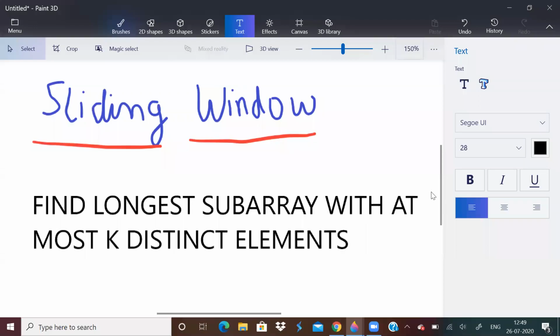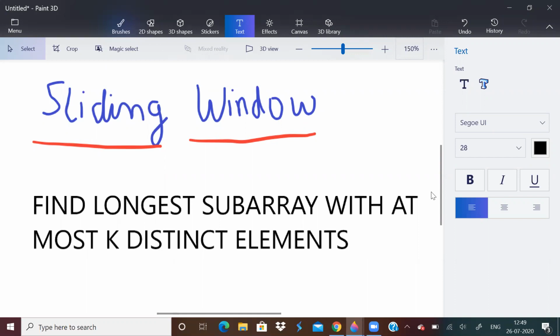Okay, so in this video, I want to share with you the sliding window technique. Some problems require you to know this technique so that you can solve them faster. And obviously, to pass all the constraints, you will need this because brute force will not work everywhere. So let us start with the first problem.